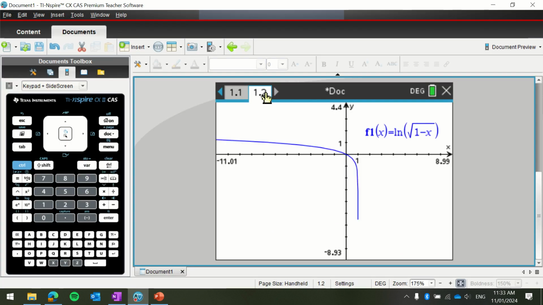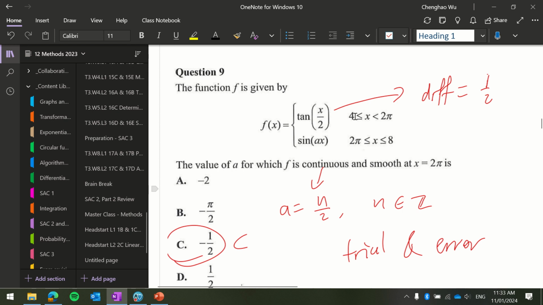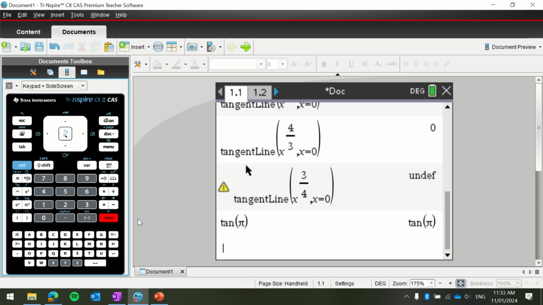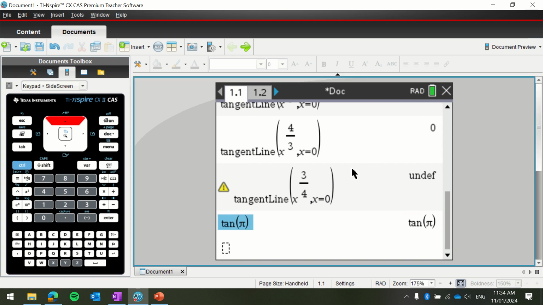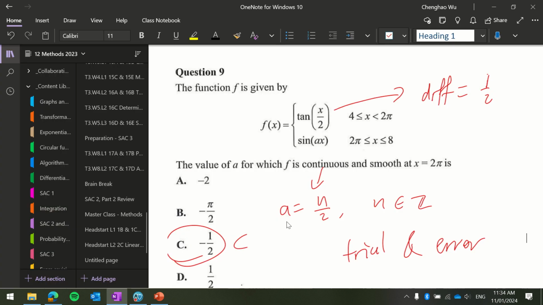So tangent 2 pi over 2, so that's just pi. Nope, I need to change my setting of my calculator, and that gives me 0. Right, so the end point is